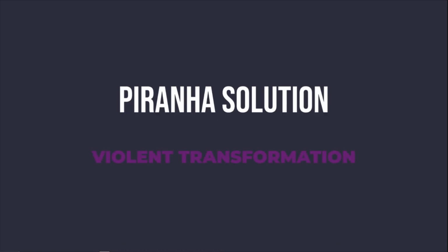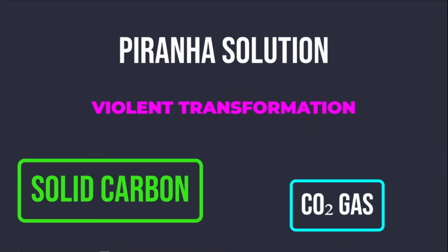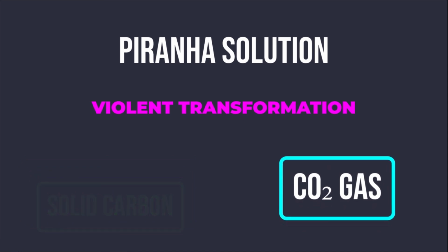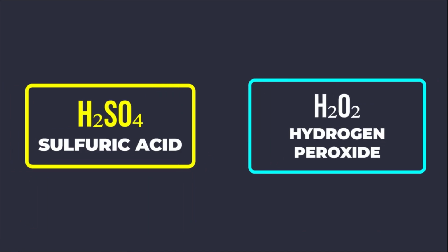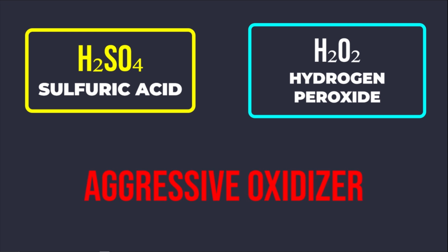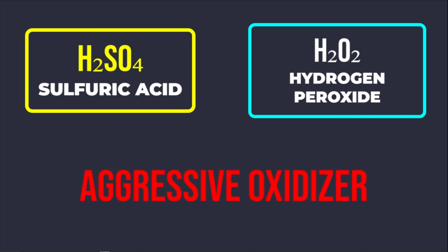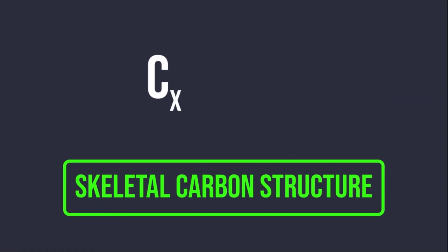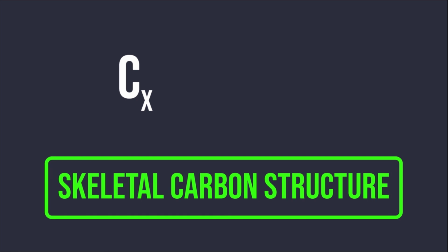Dropping organic matter into this mixture triggers a violent transformation where solid carbon vanishes as carbon dioxide gas. Piranha solution consists of concentrated sulfuric acid and hydrogen peroxide, creating one of the most aggressive oxidizing environments in the laboratory. The process begins with the intense dehydration of carbohydrates, stripping water molecules away to leave behind a skeletal carbon